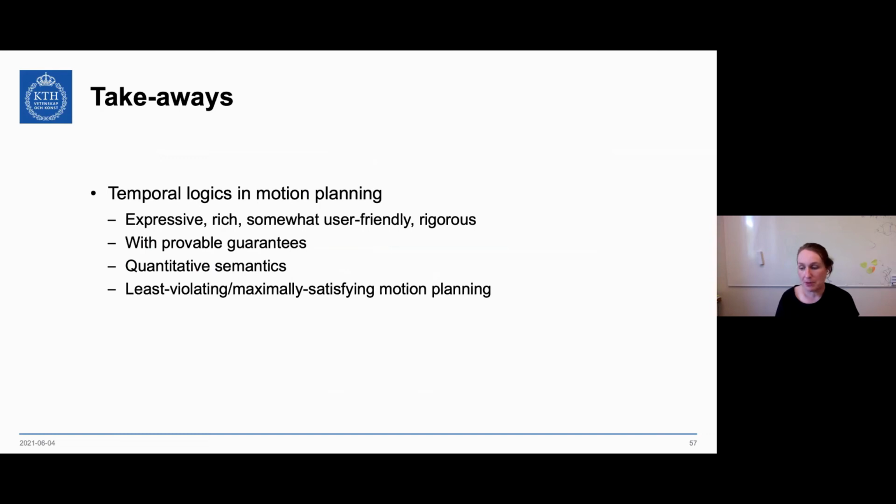So to wrap up, some of the takeaways here are that temporal logics in motion planning bring in some expressivity, richness, and somewhat user-friendliness in terms of expressing complex missions. They are rigorous, and they come with this model checking procedure, which can give you provable guarantees. You can twist the model checking procedure so that you still get provable guarantees, but it might not be guarantees on 100% perfect satisfaction. But with suitable quantitative semantics, you can end up having least violating or maximally satisfying motion plans. And with that,